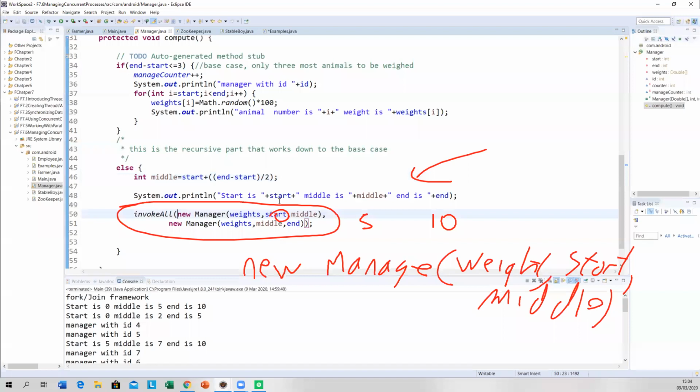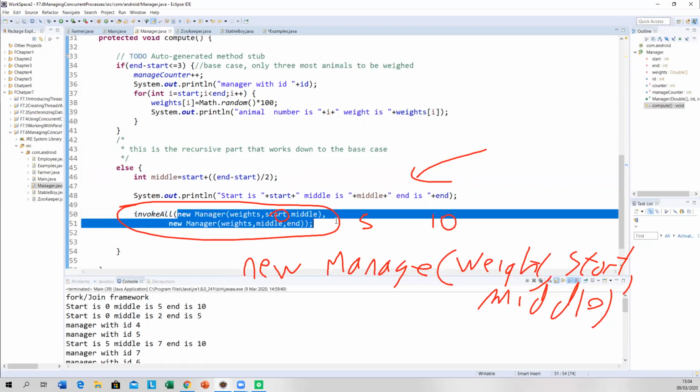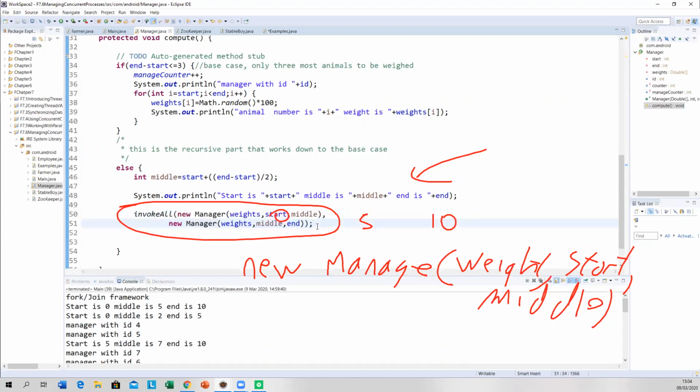Then if you go finish minus start, that will give us 5. We don't want to do that. So we then create 2 new managers here.